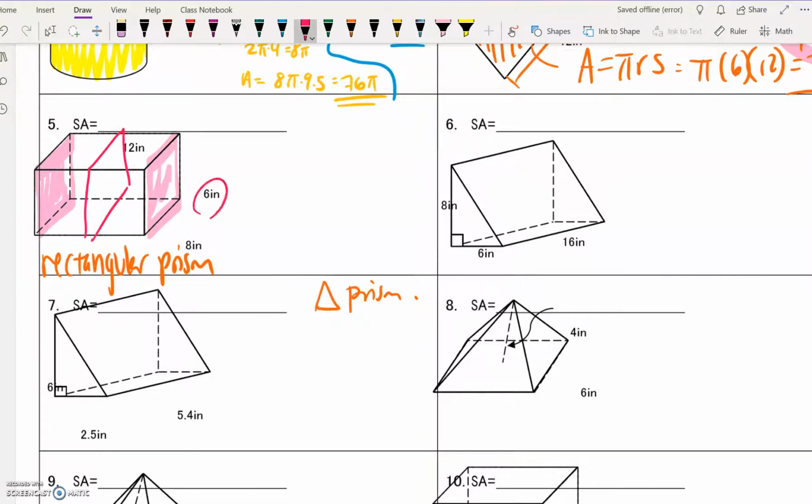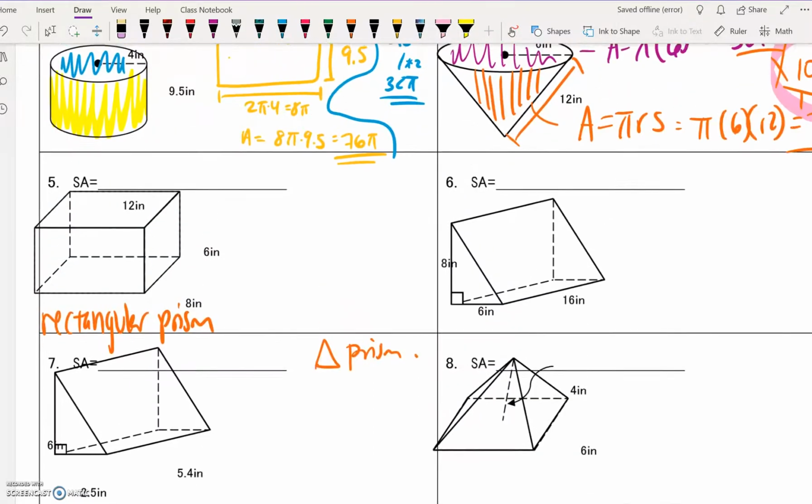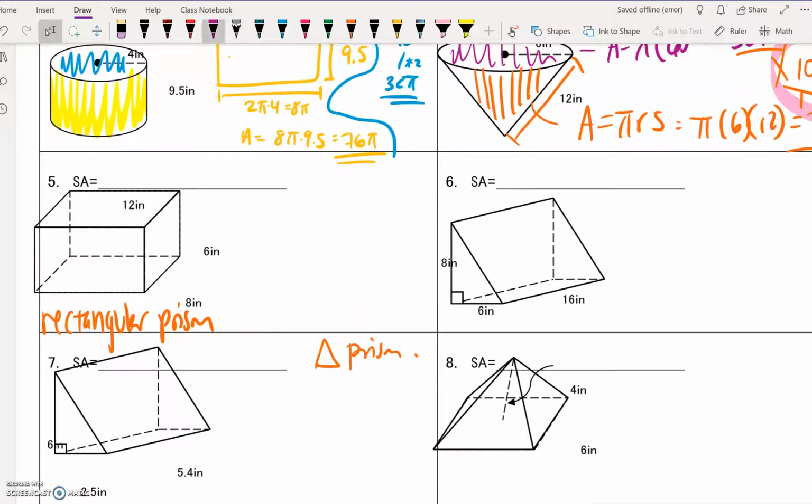Like I could have stacked going this way, right, and had a bunch of squares. Oh, that looks like it's a rectangle, it's 6 and 8. But I also could have stacked having my bases be the front and the back. So rectangular prisms are kind of a weird one in that you don't have 2 bases that are really easy to pick out, because any of your pairs could have been bases. So my front and my back, let's see, are 12 inches by 6, which the area of that is 72,